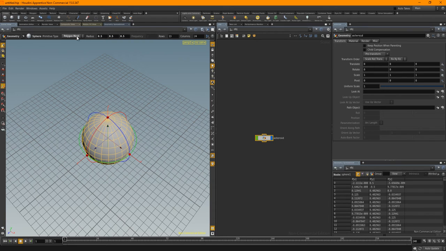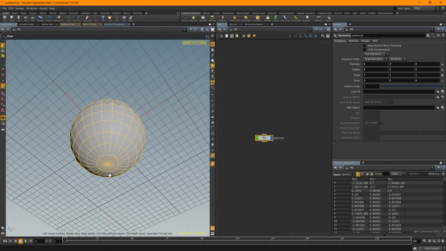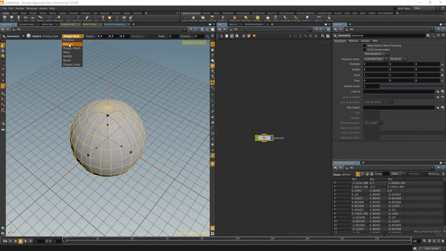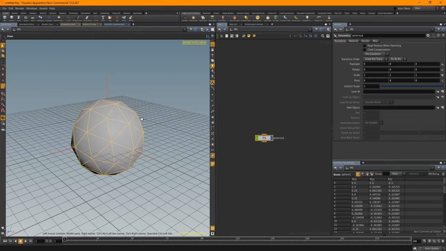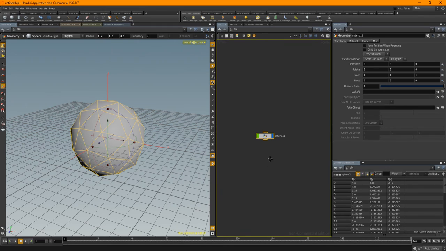The problem is we're going to be doing displacements, and this has a north and a south pole, which I'm not particularly fond of, so I'm going to go with polygon, which seems a bit bizarre because it triangulates it and we will be subdividing it. But the way Houdini does things, the subdivision of these triangular polygons will come out as quads in the end, so that's not too much of a problem.